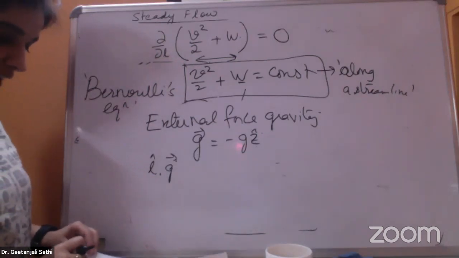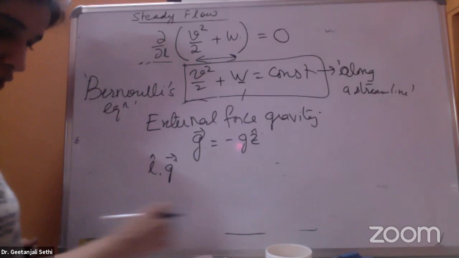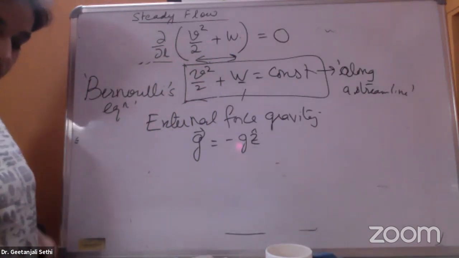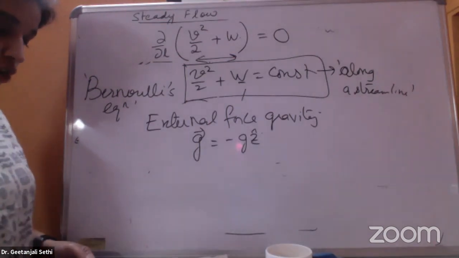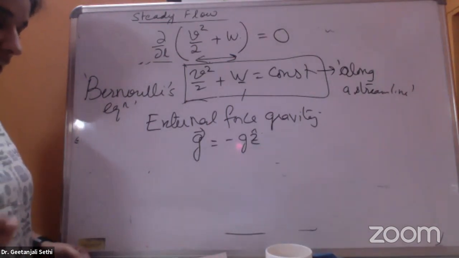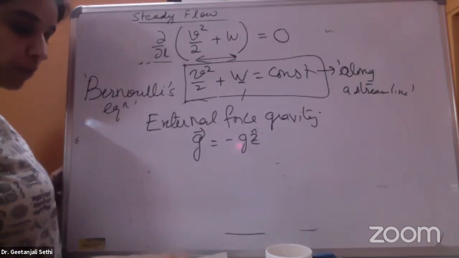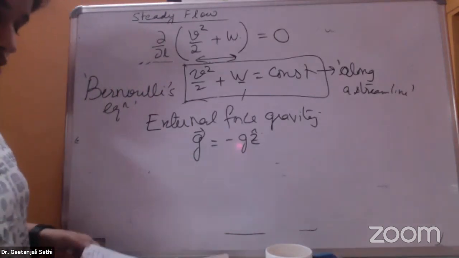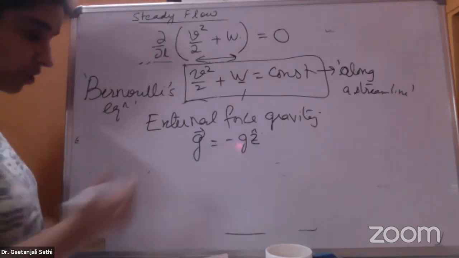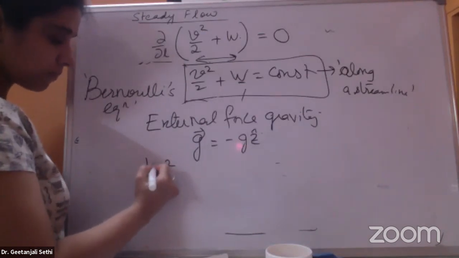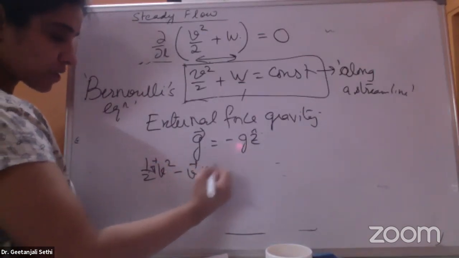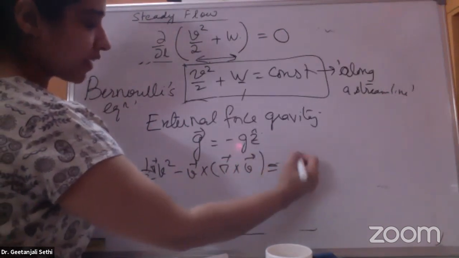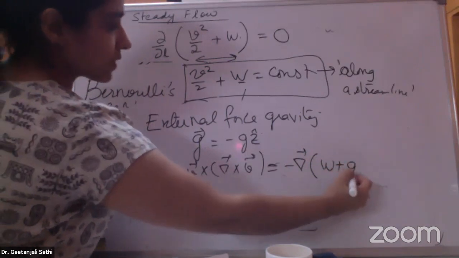So what happens when you have G in your problem? Then your equation reads like this. Your Euler equation will have an expression for G on the right hand side along with grad of W, right? So in such a case, you can rewrite your Euler equation. It will become del V square minus V cross del cross V equal to minus grad of W plus